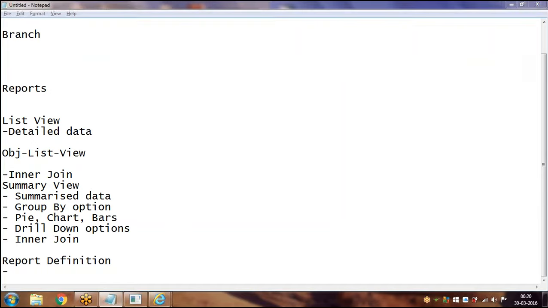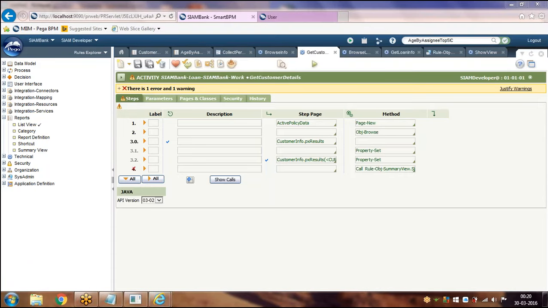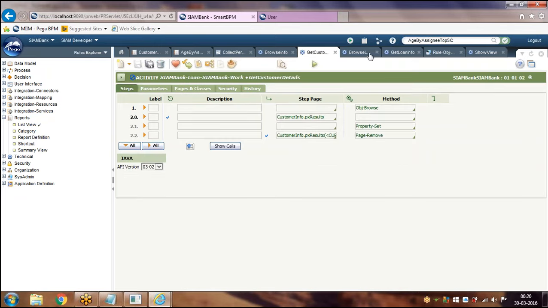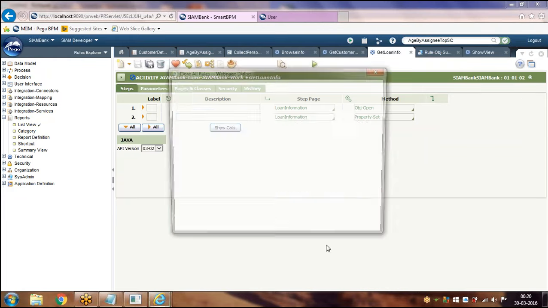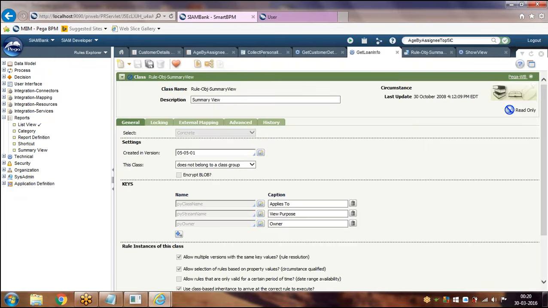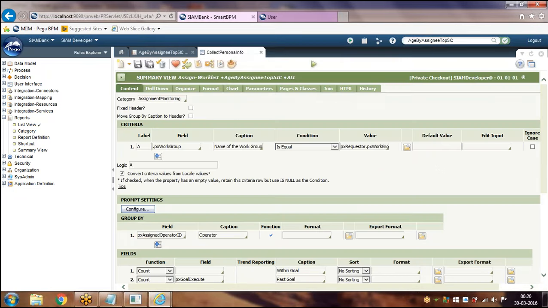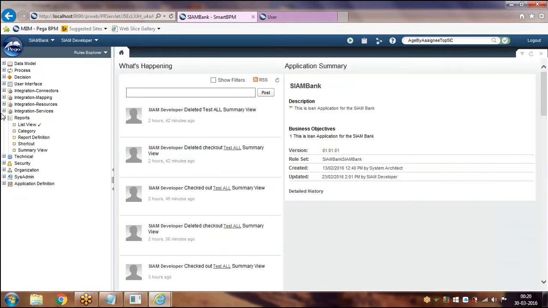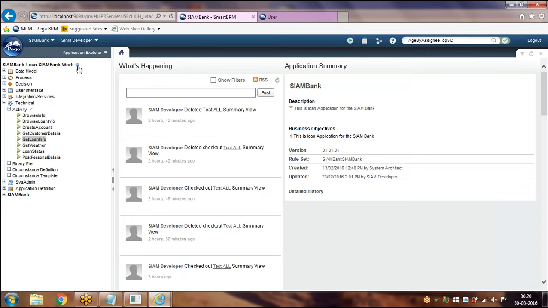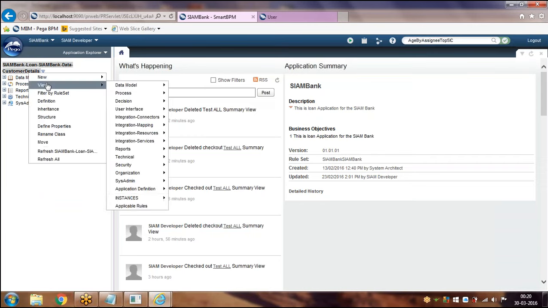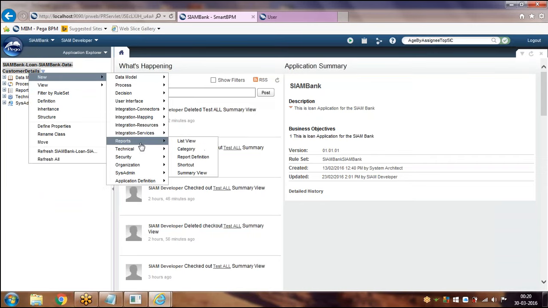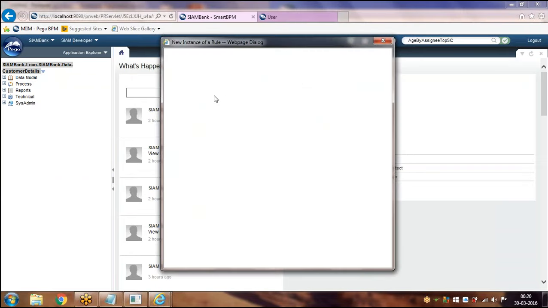And let's see how do we create a report definition. I'm just closing all the tabs. Customer details. Just right click on it, new, reports, report definition.